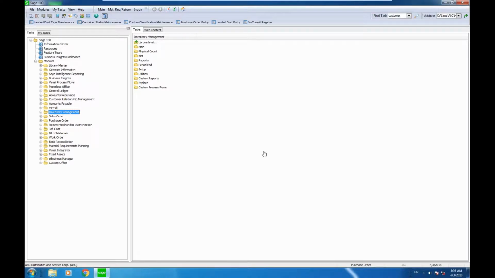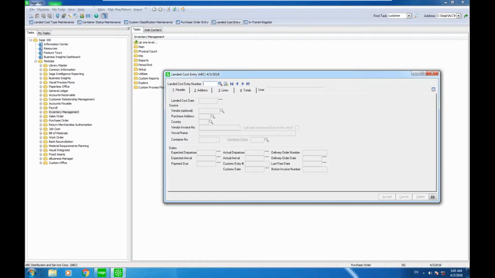So I'm going to start the presentation of the advanced landed cost enhancement by entering a landed cost transaction. A landed cost transaction is generated to enter items that would be received in a container. Basically, you have the ability to enter products from multiple vendors or one vendor, and you will create this transaction either when you're planning what products should be placed in a container, or when you get the vessel's bill of